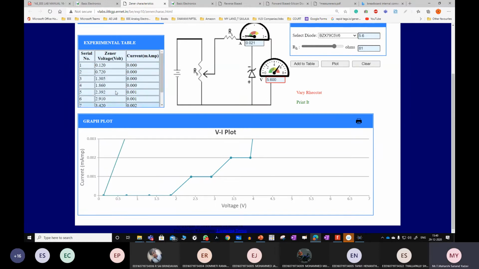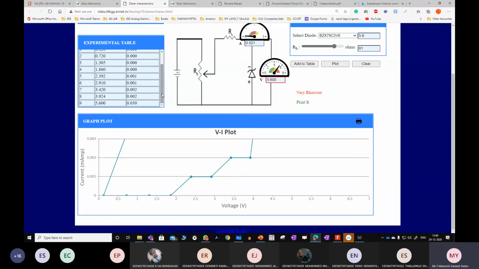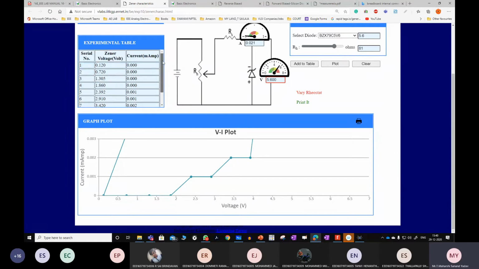Observe this table. For different values of input supply voltage, see what the Zener voltage is and what the current is. If it is less than 5.6, no current is flowing, so that's why I'm getting output current as 0.